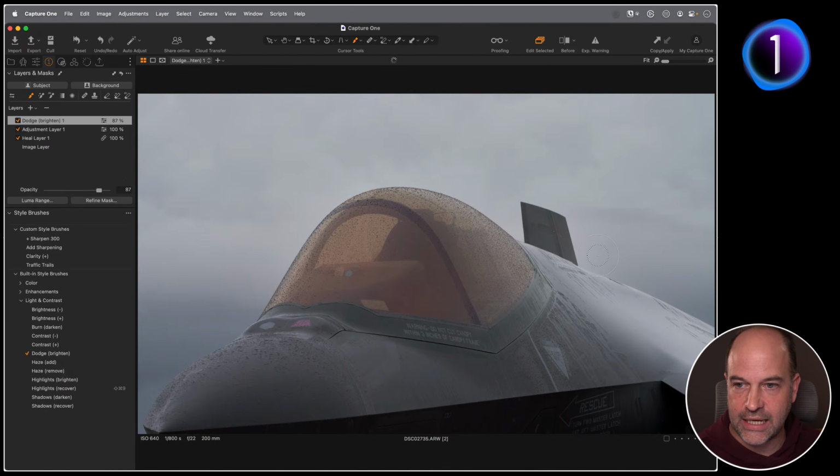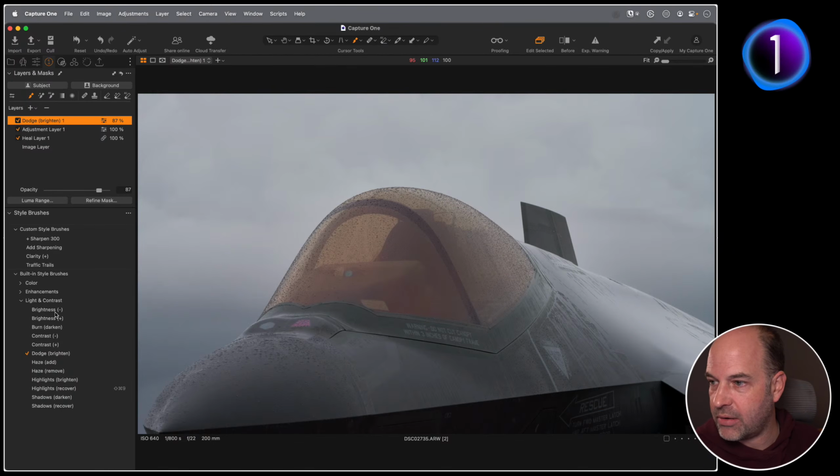that means when you flick between brushing and erasing, it'll be exactly the same settings. So if I just want to take out a little bit of what I've done in the background here, then I can easily brush like so. So that means you don't have to go and tweak or change the brush settings. It's erasing exactly the same as it's brushing. So if we turn that layer off, you can see before and after, like so.